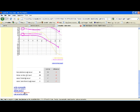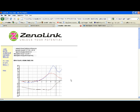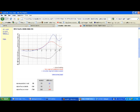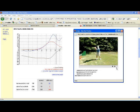The next area that we look at, we evaluate, is muscular loading. And in muscular loading, what we look at is the ability to stretch, shorten, or pre-stretch muscles prior to contraction. We're first going to look at stretch, shorten through the core. And what you're looking at in this graph here is a pattern that looks like a V. Basically, this would be your dynamic X factor kind of stuff. And what we're really looking at is the rate of stretch on the core musculature, the rate of response,